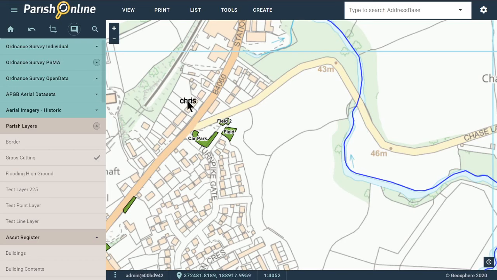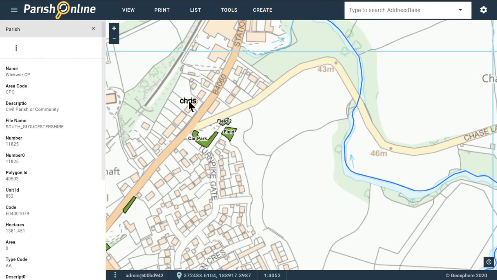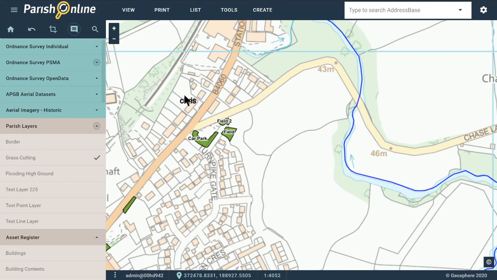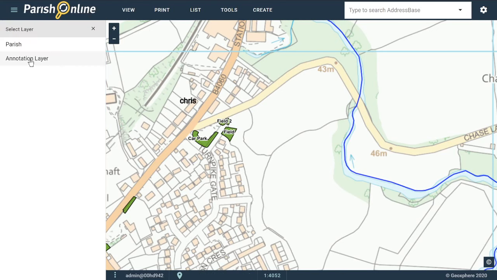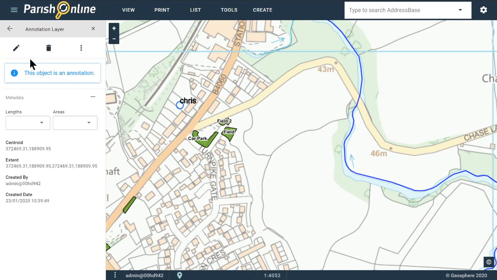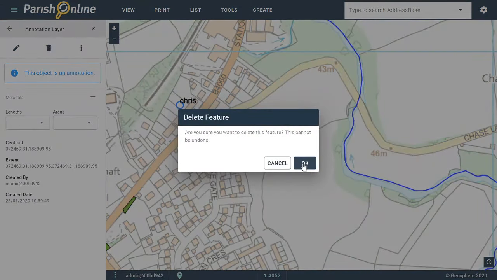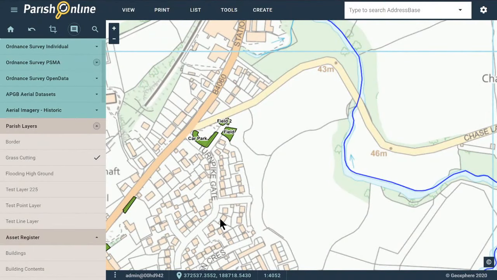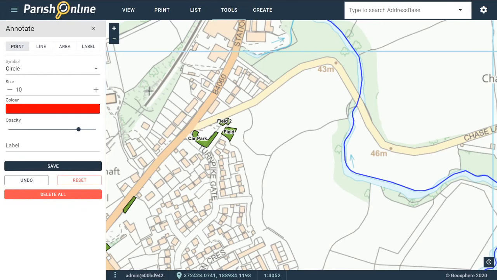Okay, and I can delete individual items by clicking on it, click on annotation layer. It reminds you here that it's an annotation, so it's not got any structured text information. And I can click on delete and it will get rid of it. Okay, so that's the Annotate tool. So adding points,